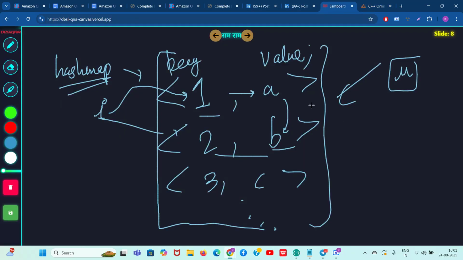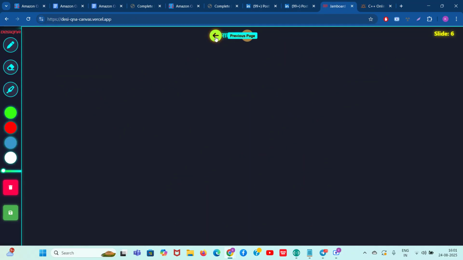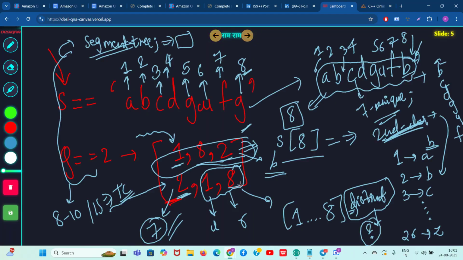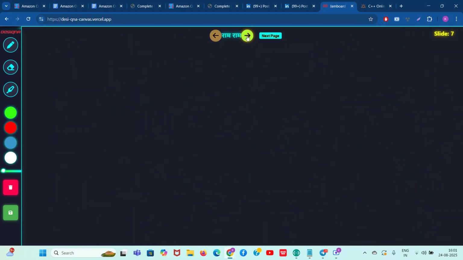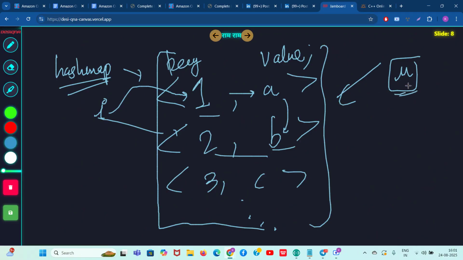As we can see in the question, cr is equal to 2. So what is u of cr? U of cr means u of 2, and u of 2 will output b. Why? This is a u hash map, so u of 2 is equal to b.